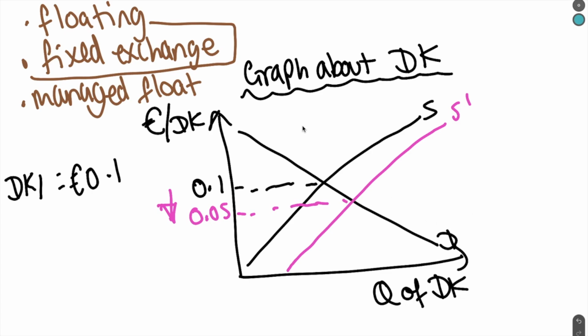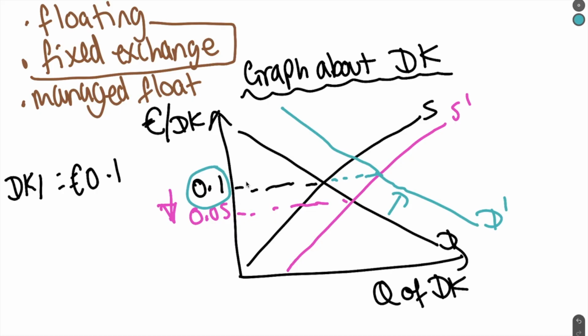And they'll do so to an extent that hopefully brings their line up to here, essentially, if you do it graphically, to get the exchange rate at 0.1, so we can maintain this. So they would have to buy Danish kroner with the euros they've got in order to get their currency to 0.1. Now, hopefully you can appreciate that this is somewhat risky because if you don't have enough foreign currency reserves,